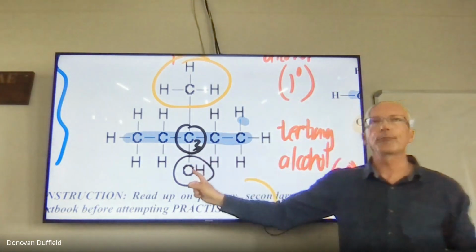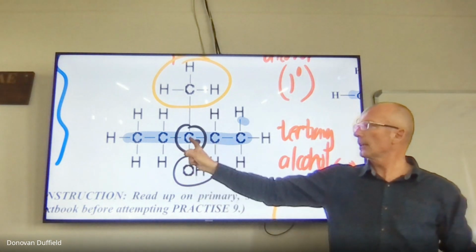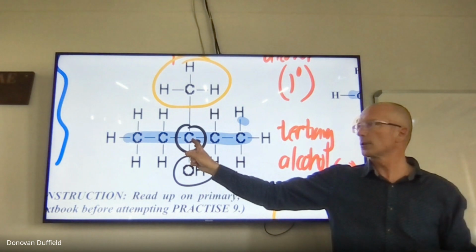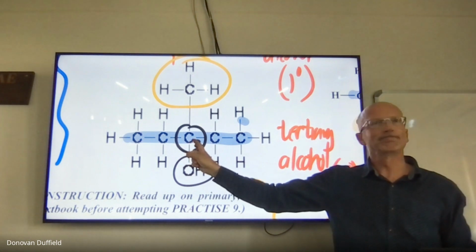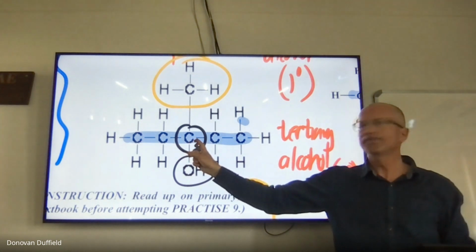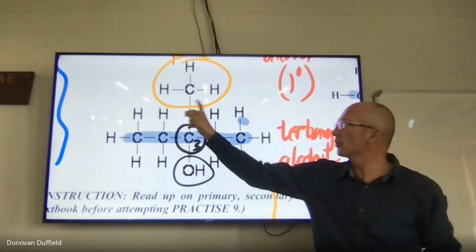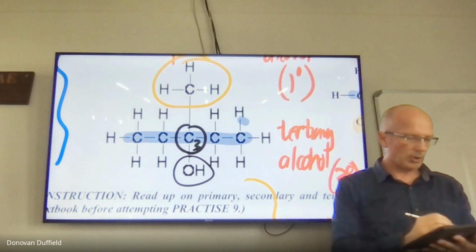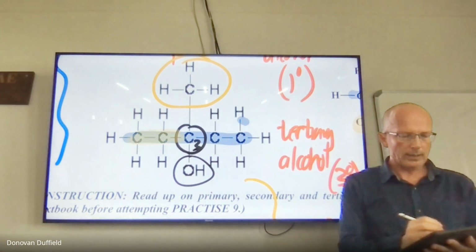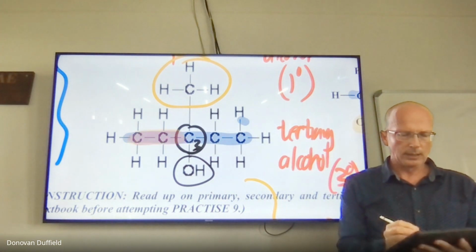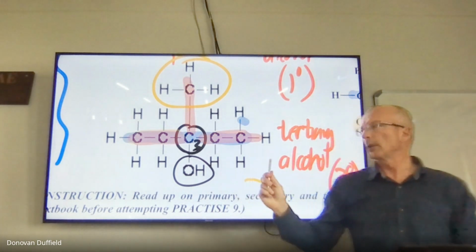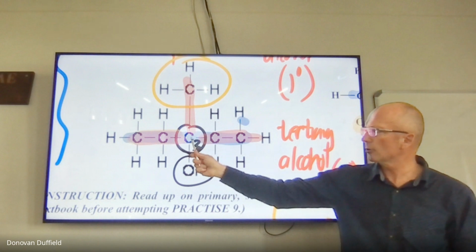All right, Kavar, this OH is connected to the carbon. How many alkyl branches are attached to this carbon? Nope. It's okay to be wrong. 1, 2, 3. That's why it's tertiary. Can you see this carbon? There is 1 alkyl branch, 2, 3. That's a tertiary alcohol, because the carbon that the OH is attached to has got 3